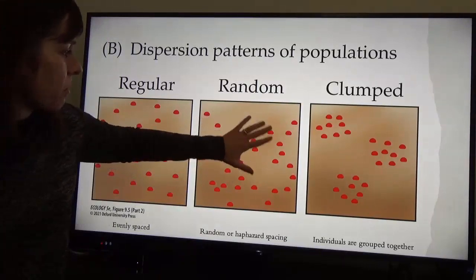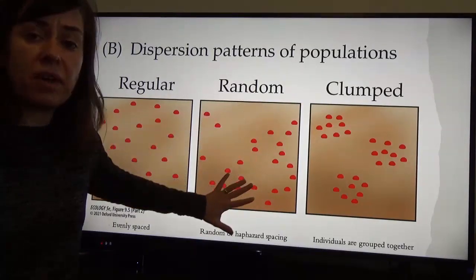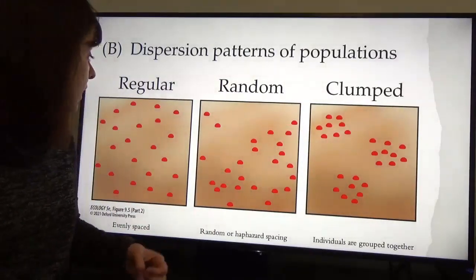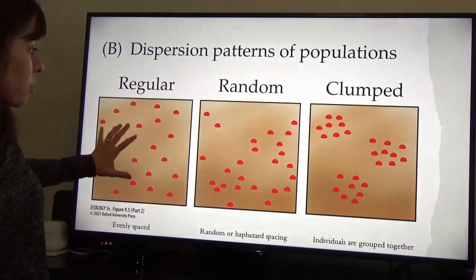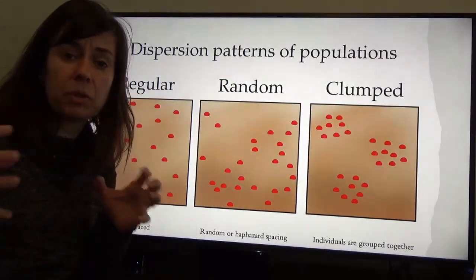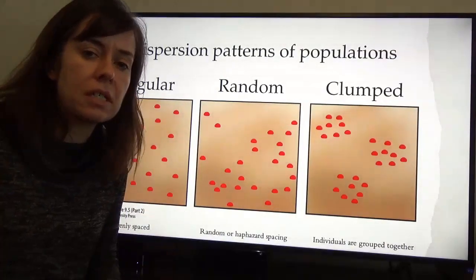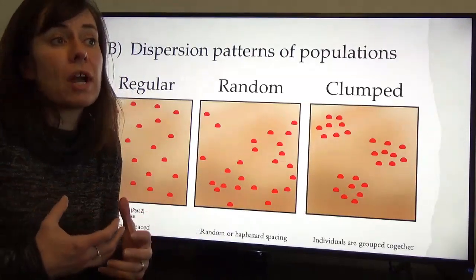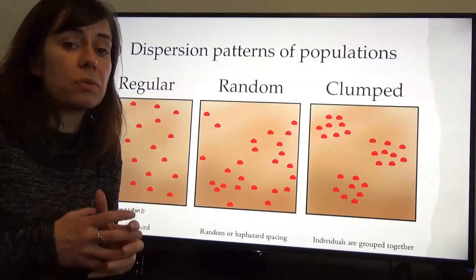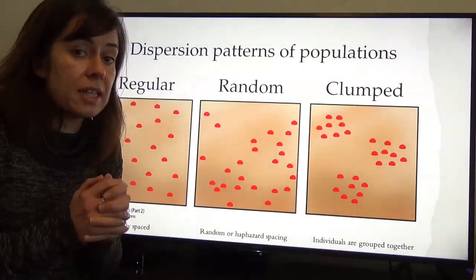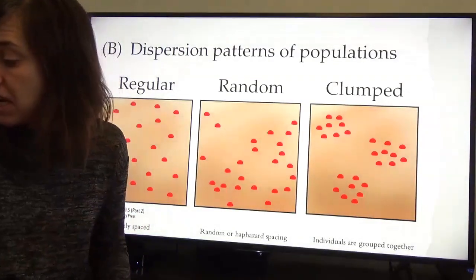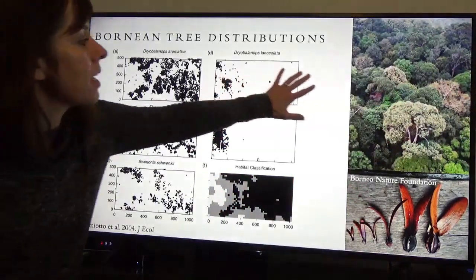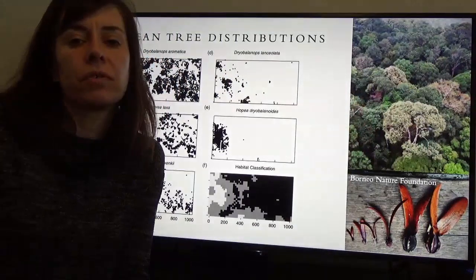In the case of a random distribution, it suggests that there's not a lot of control over where those individuals are recruiting into the population. A regular distribution suggests that there are some factors that require individuals to be spaced a certain distance apart. And a clumped distribution suggests that there are some attracting factors that lead to individuals all occurring in the same environment. A great example of this sort of clumped distribution comes from these lovely towering forests of Southeast Asia,